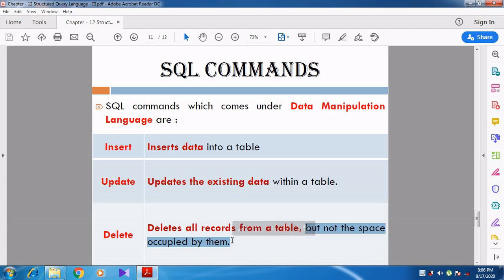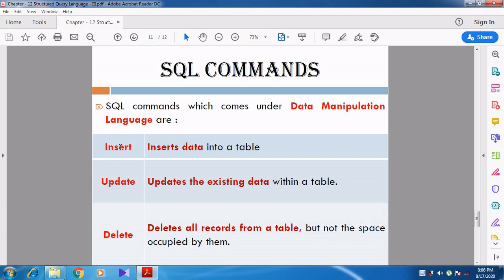The space will remain as it is. Only the data is removed. The memory will be as it is in the delete command. But the truncate command removes the records as well as the space occupied by the records. Can you understand, students?